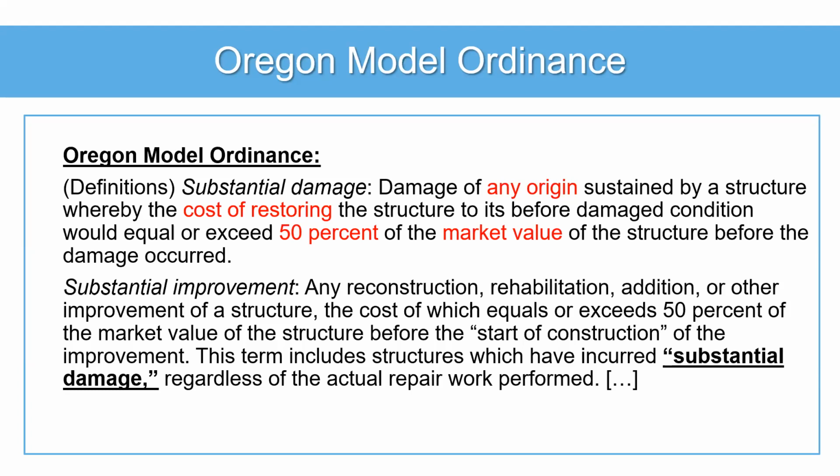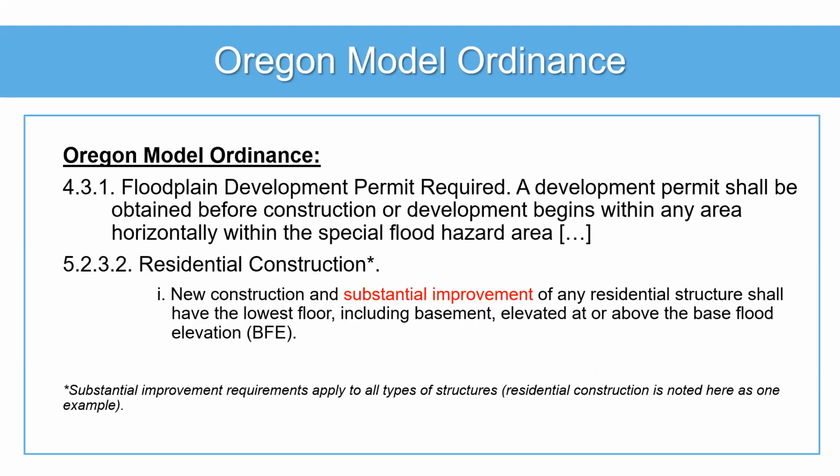And if you look at your floodplain regulations and you don't see these definitions in there, definitely reach out to Celinda or myself or the state coordinator for the state you're in, and we'll help you figure out what to do. So then these definitions tie into the regulatory requirements, and we've included two key provisions here from the Oregon